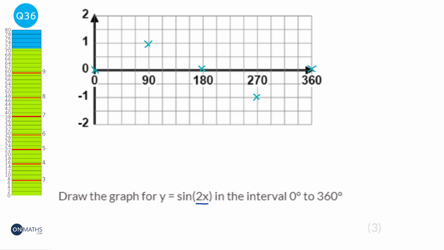So looking at this first x coordinate, we've got it at 90. Well, that will now be at 45, 1. This next one here is at 180, it crosses the x-axis. It will now cross the x-axis at 90. Get to minus 1 at 270, halve that, and we're just halving each of the points. And so you get